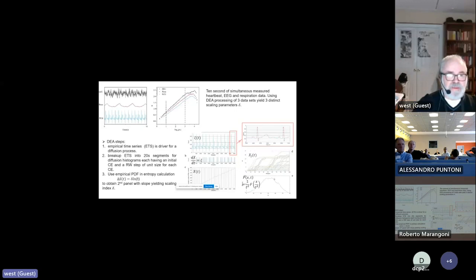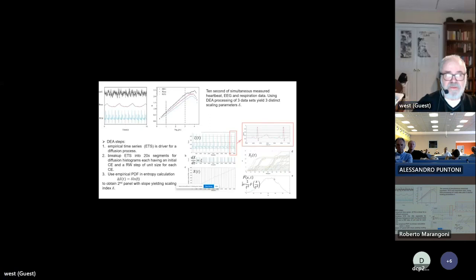time series can be transformed into the display on the right, which is the entropy for each of the 3 time series versus the log of the time, and the slope of that curve gives a constant slope, and that number is the scaling index for that data set. So you see that for these 3 data sets, in terms of the